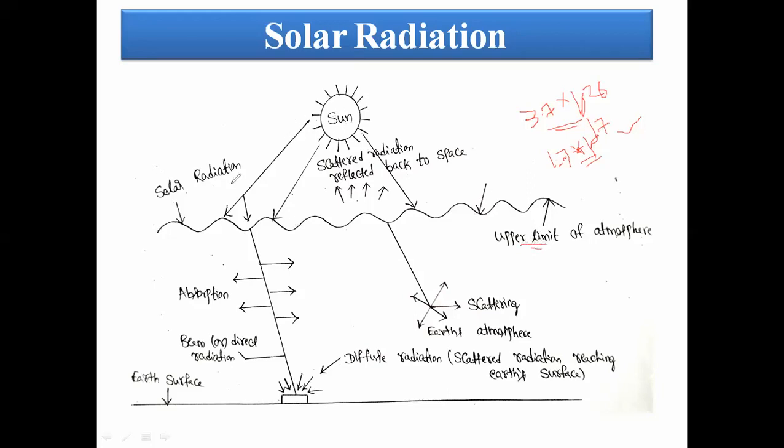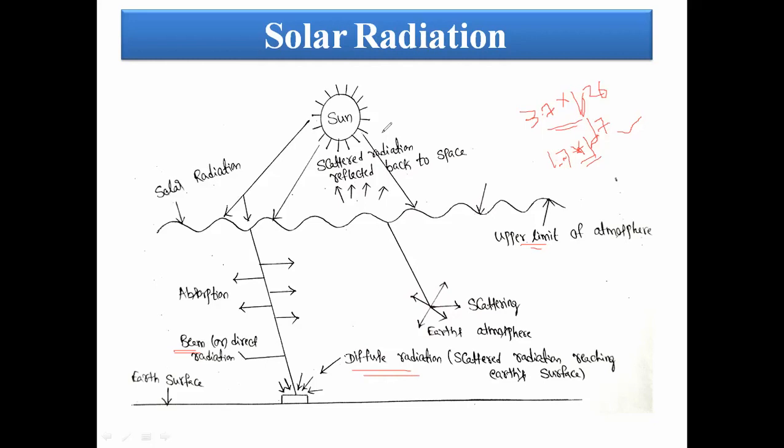The solar radiation reaching the Earth's surface is classified into three types. One is direct radiation, or simply the beam. Another is diffuse radiation. The next is global radiation. Direct radiation means the solar radiation reaches the Earth's surface directly from the sky hemisphere to the ground particle without being absorbed by any particle. That is direct radiation or beam.